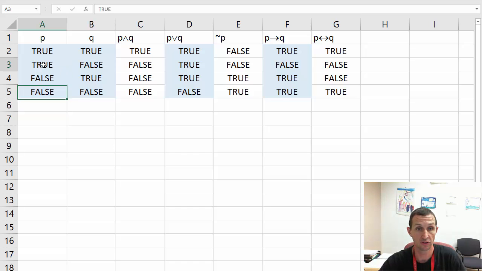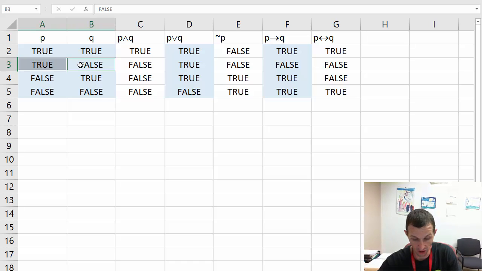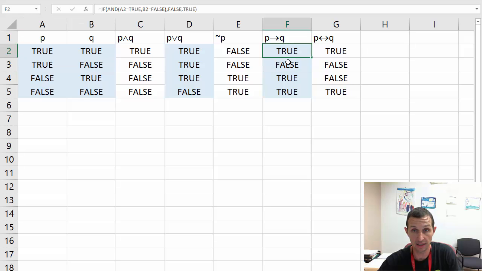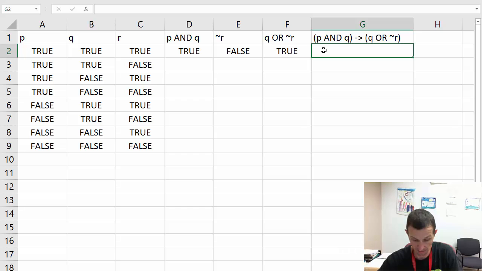If the premise is true and the conclusion is false, then the conditional is false. Otherwise, everywhere else, it is true. Okay? We use this fact to enter in the appropriate information. So we simply type in equals to let Excel know it's a formula, if to let Excel know which command we want, and to set up the conditions for the false conditional,